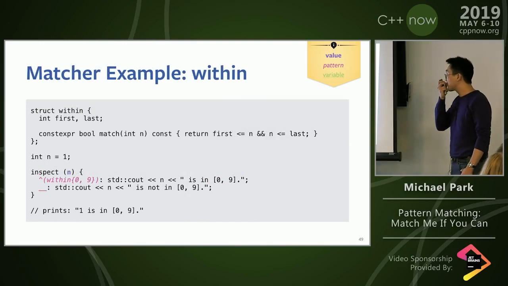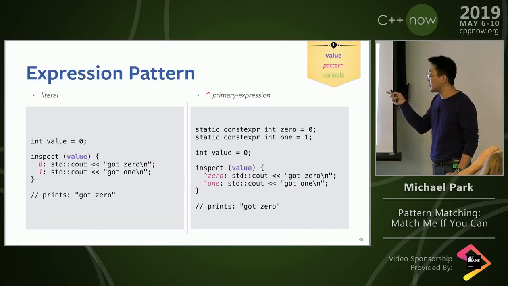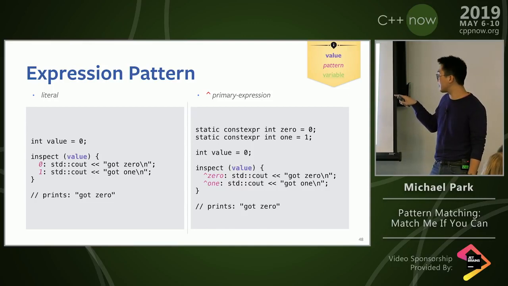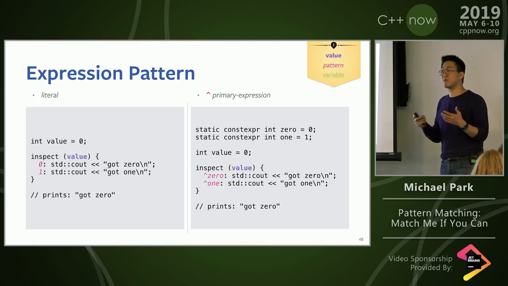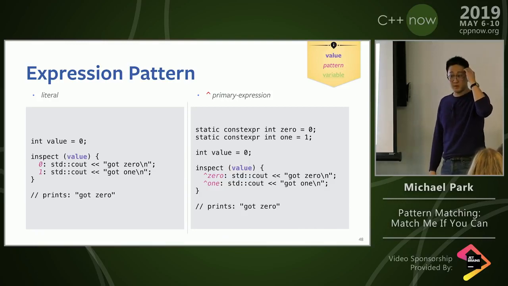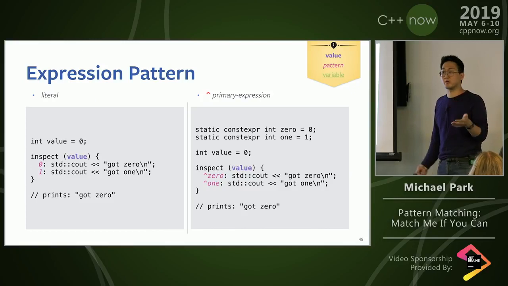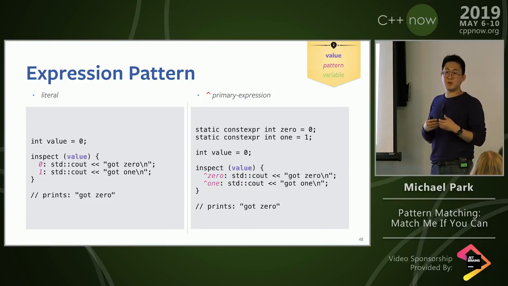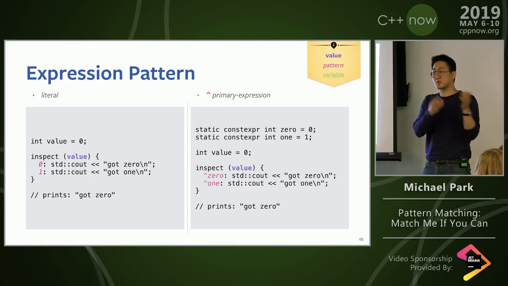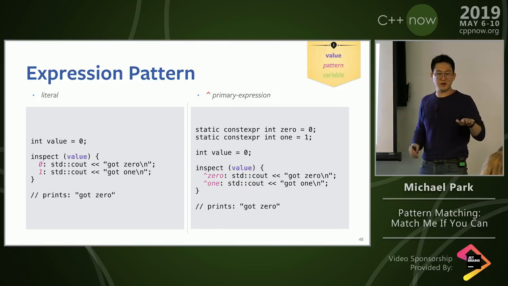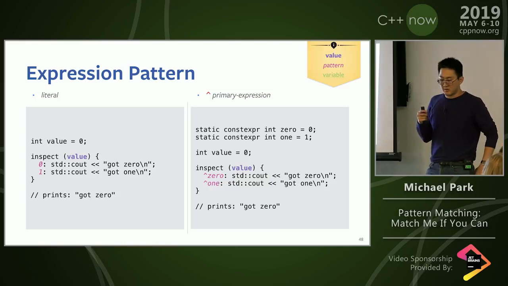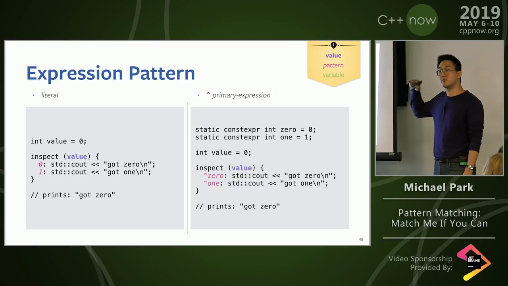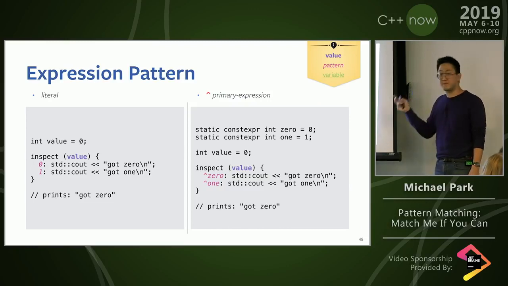Okay, so let me go back. So here, if we have some value as a pattern, the question is, well, how does it match? Switch, for example, will do something very different, switch will ignore your equals, basically. So if you were to define an operator equal for your enum, and you use a switch with it, switch will not care about how your operator equal is defined. So how does this work? One way to do it would be to do a sequence of equals, which is the default. Now, if we were to do that, then